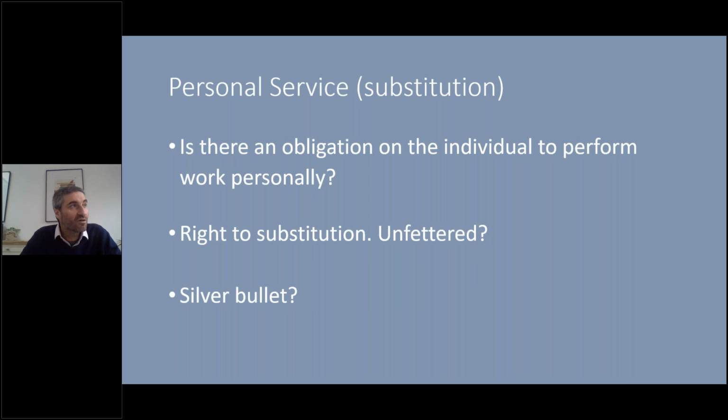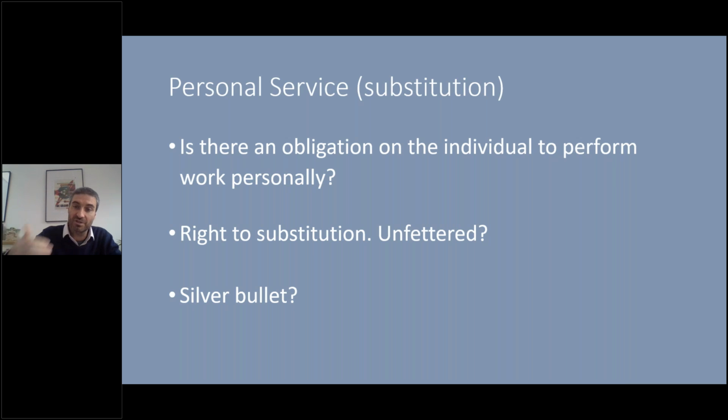But if you imagine, I always use this as an example for some reason. In our office, the office that we haven't been in for months on end, we have water coolers, and we have a contract with a water cooler company. It's a limited company. And every now and again, someone from the company has to come in and tinker about with it and service it or whatever, and then they go away again. And one month it might be Steve, and the next month it might be Bob, and we don't care if it's Steve or Bob. In that instance, there is no obligation on any individual to perform the work personally. We have a contract with a company, and they send whoever they see fit to do the work. That's kind of how, in a way, substitution should work. That's how the revenue would see it.